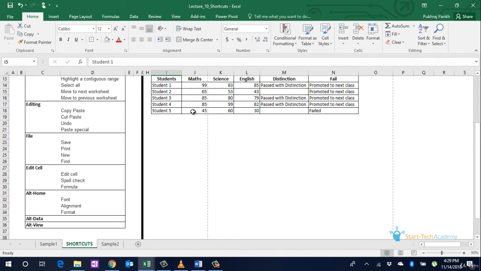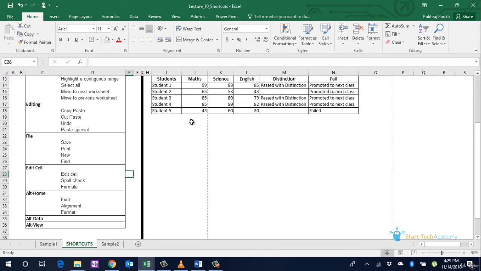If I click a particular cell, it selects that cell. But if I want to edit this value in the cell, I'll click on F2. You can see that now you can change the value in this cell. If I want to do a spell check in any of the cell, select that cell and tap on F7. That checks the spelling. If there is a wrong spelling, it will highlight that.